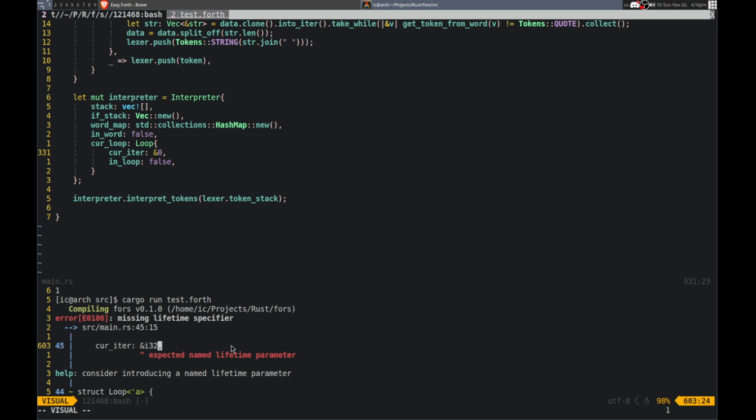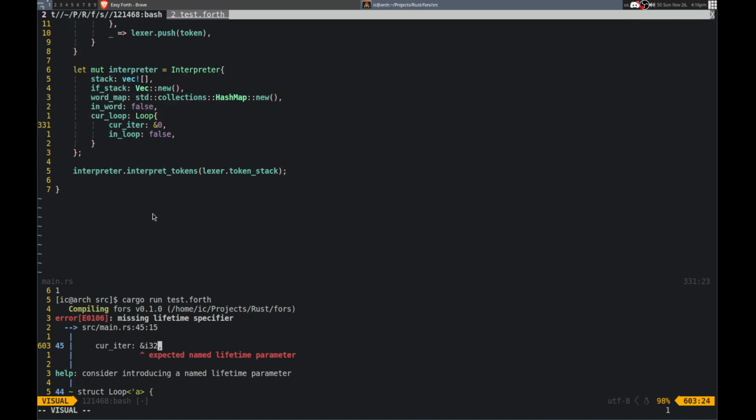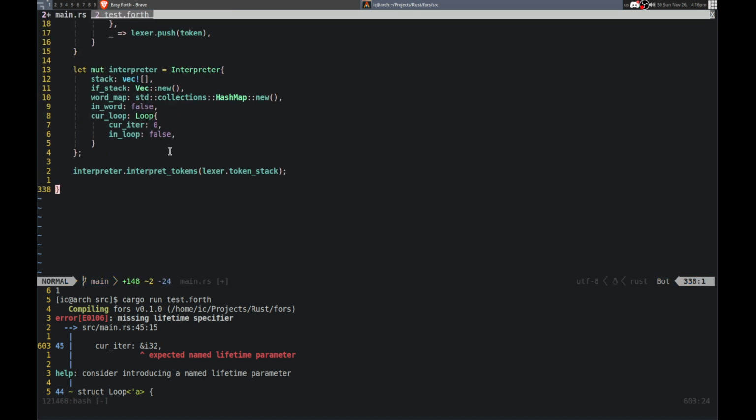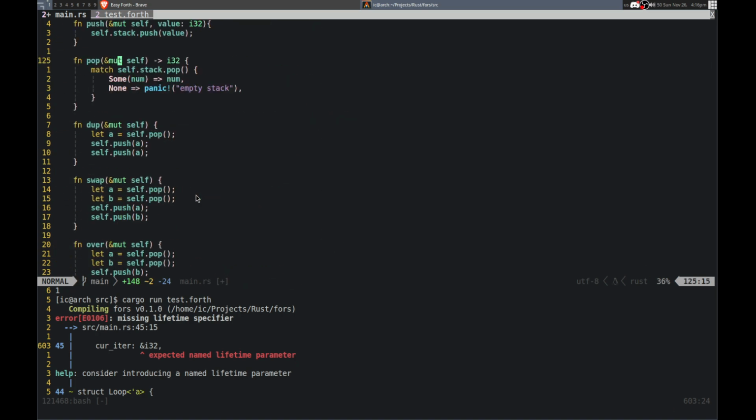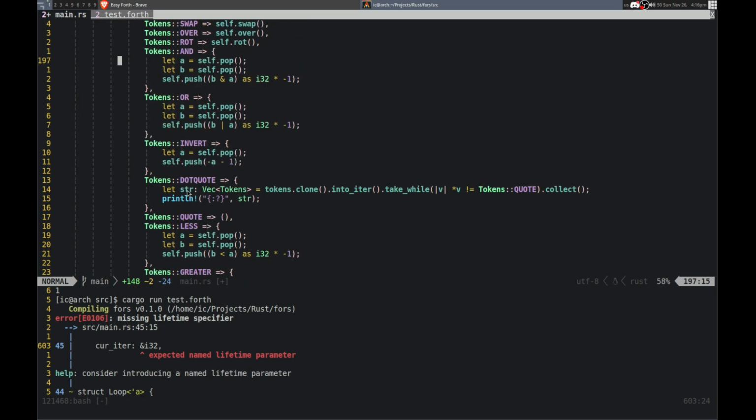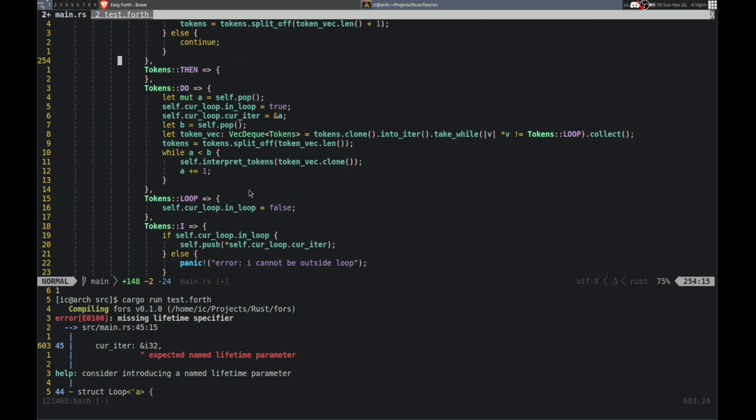Okay, yeah, so that might make it a bit more complicated. So, what if instead of using the A, we use the current iter, and then it doesn't have to be a reference. I think that'll be fine, because I don't want to have to deal with the lifetimes right now. Don't feel like doing that. Yeah, so I would just change it back to how it was. So we'll set it equal to A, and then instead of working with A here, we'll work with